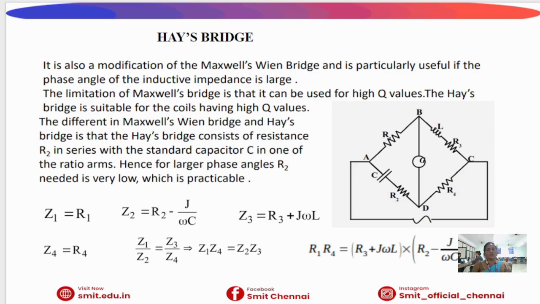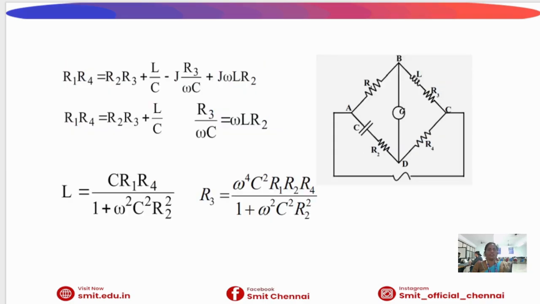The advantages of Hay's bridge are that it is best suited for high Q inductors, requires smaller resistance values, and provides accurate inductance measurement. Hence, Hay's bridge is preferred over Maxwell bridge when measuring inductors with large phase angles or high quality factors. Now, next we discuss